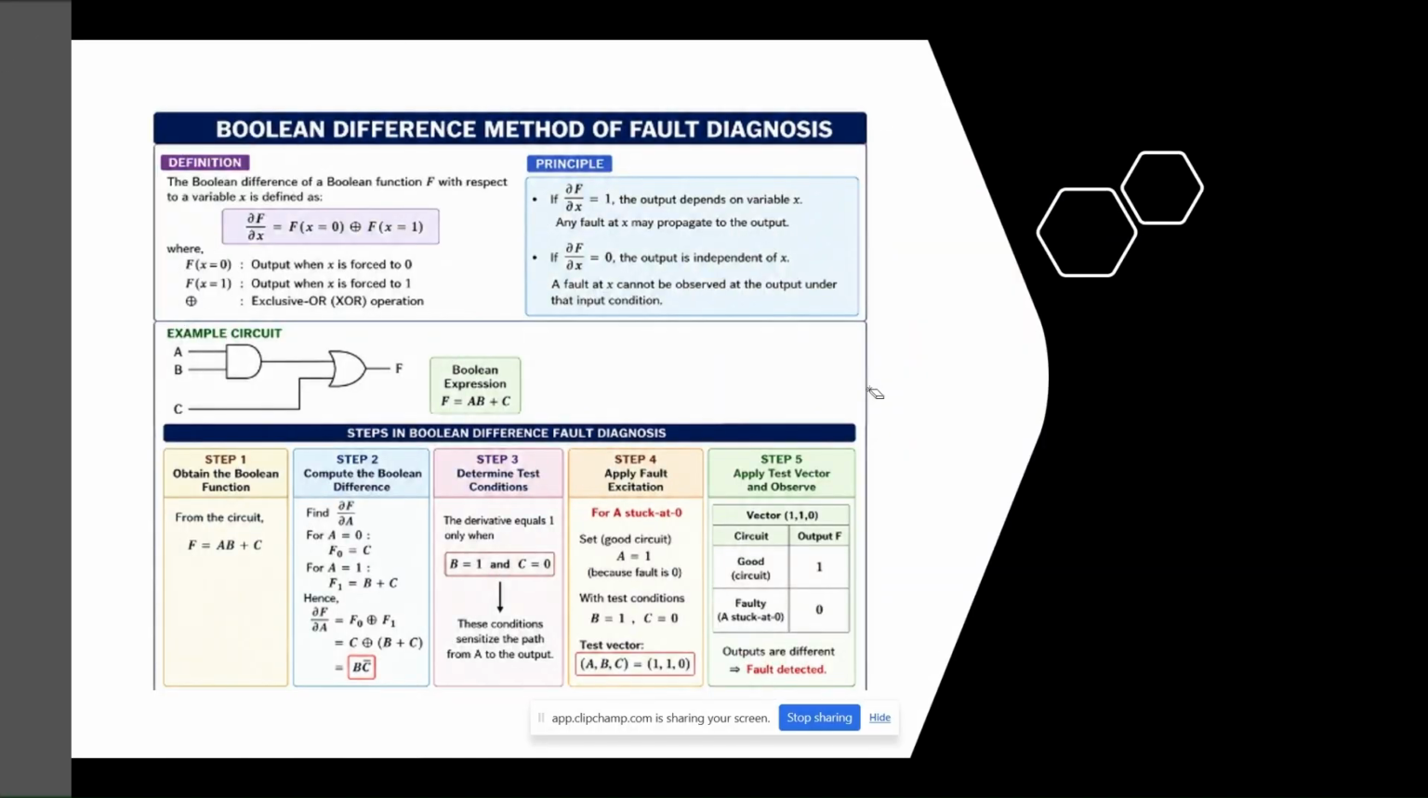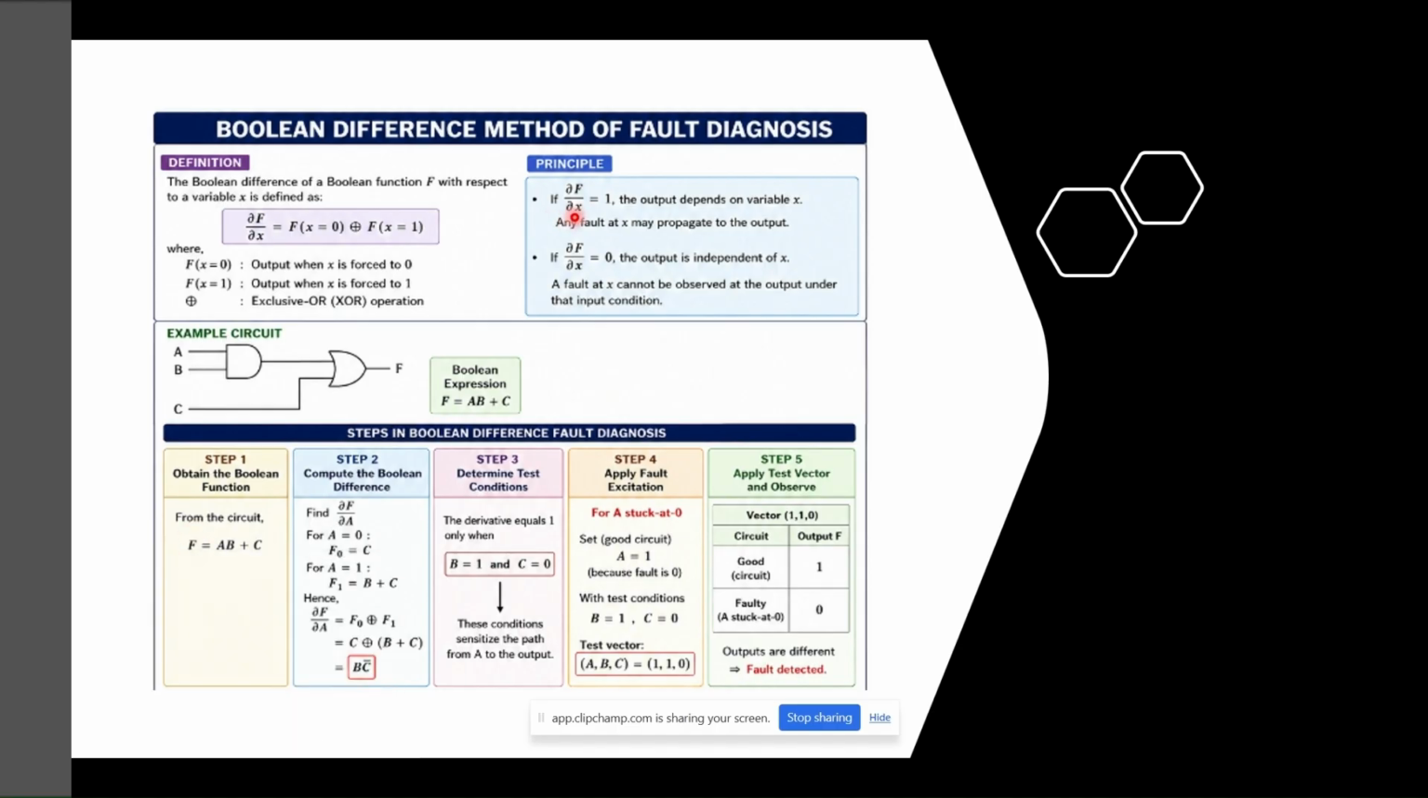Coming on to the definition of Boolean difference method. If the given Boolean function is represented by f with respect to some variable x, the output when x is forced to 0 is considered as the first function. The second function is the output when the given variable is forced to 1. Then both the functions are XORed, and using this we are going to identify whether the fault can be identified or not. So the principle behind this is,